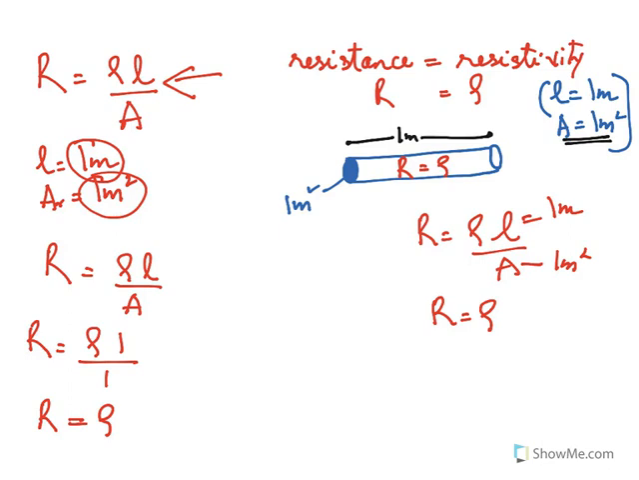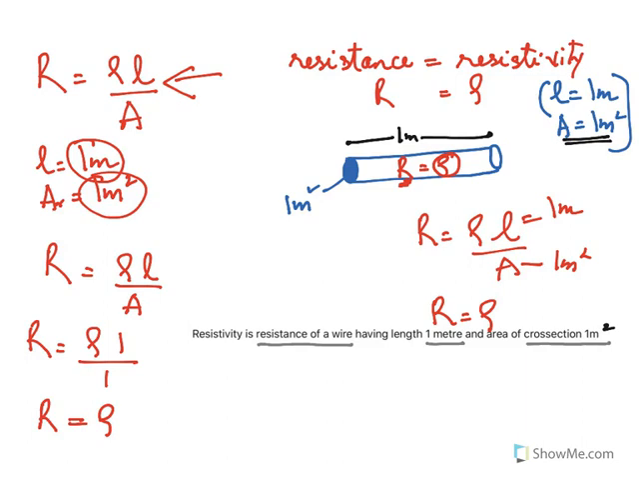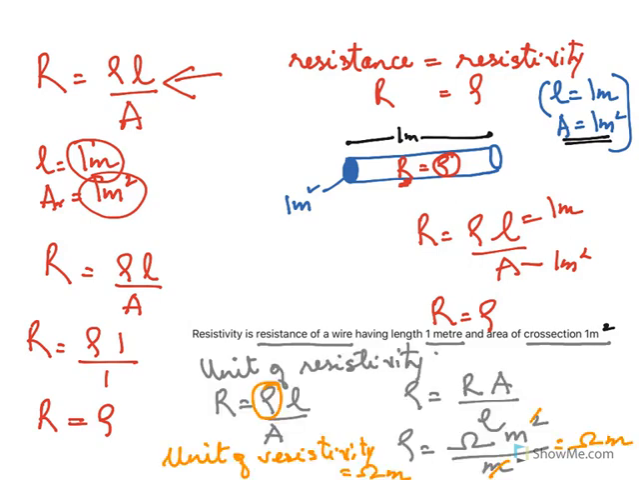So how do we define resistivity? Resistivity is the resistance of a wire having length 1 meter and area of cross section 1 meter square. In the next, let us go to the unit. For the unit of resistivity, you just put the formula and find rho, and once you find rho, put all the units and